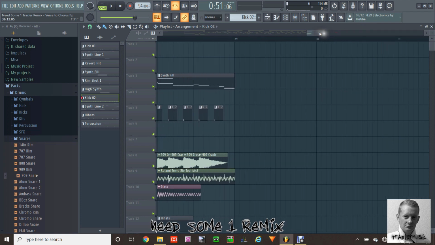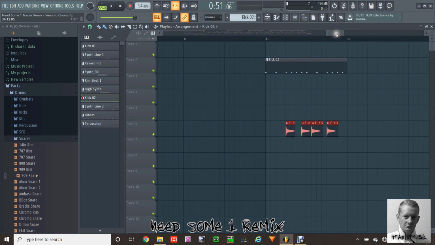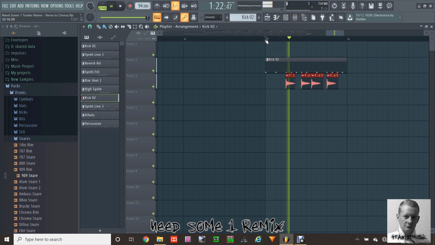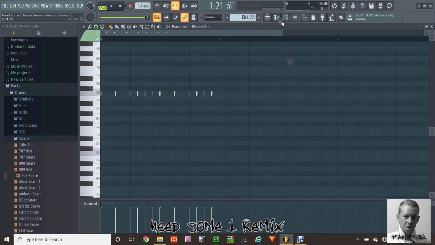This is why sometimes I prefer to use the playlist rather than to make patterns, because you can just drop it onto the playlist if it's in the wrong place. So essentially that's the kick drum and the snare, and what we've also got within that in this pattern, if